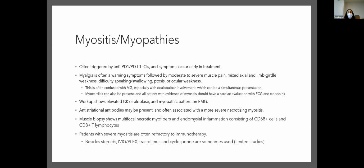And these patients, unfortunately, are often very refractory to immunotherapy, especially the ones who progress within a couple of days. Treatments that have been tried besides steroids and the typical IVIG, PLEX included tacrolimus and cyclosporine, but these are very limited case reports, and these patients often don't end up doing